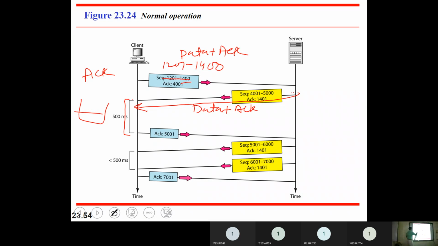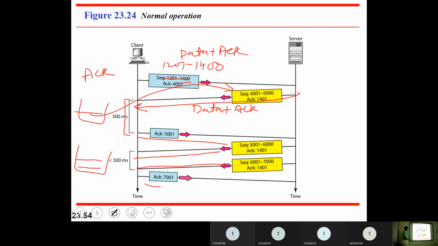I am waiting till 500 milliseconds, and I did not receive anything, so immediately I will send an acknowledgement. Then the other person is sending some data, and then without waiting, he sends another segment. If I have two unacknowledged segments, I need to send an acknowledgement immediately.